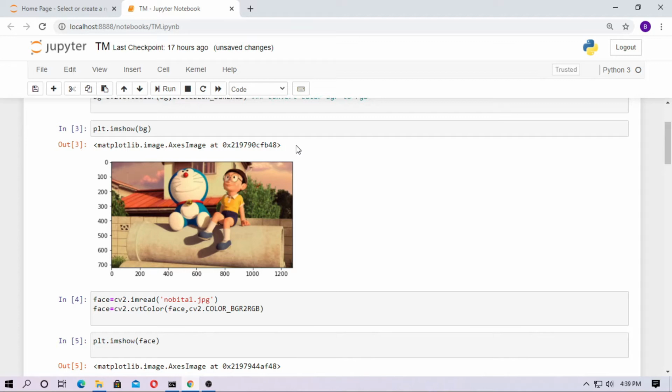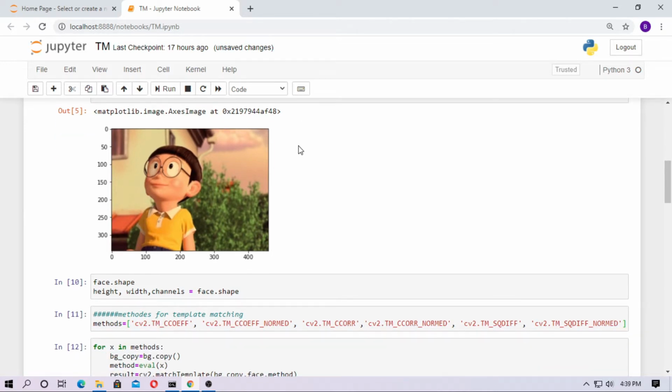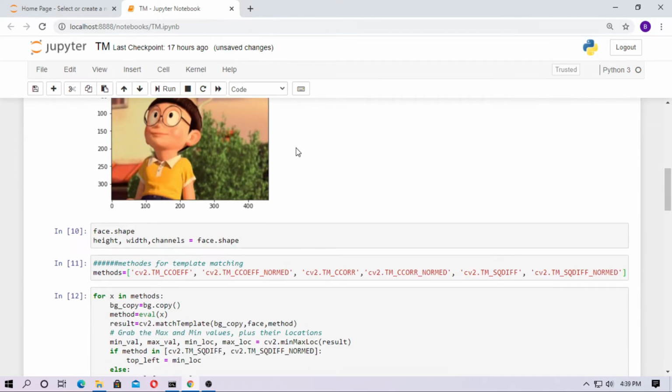Hey, in this video I will show you how to do photo matching, or template matching, with Python. Here I use OpenCV. This is a short video. I will explain OpenCV in a future tutorial. So enjoy this video. I will tell you everything about it.